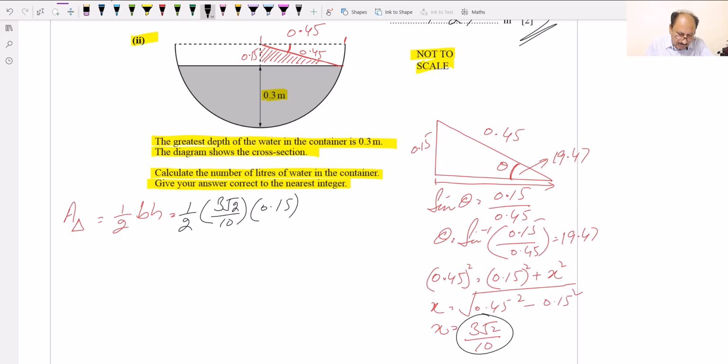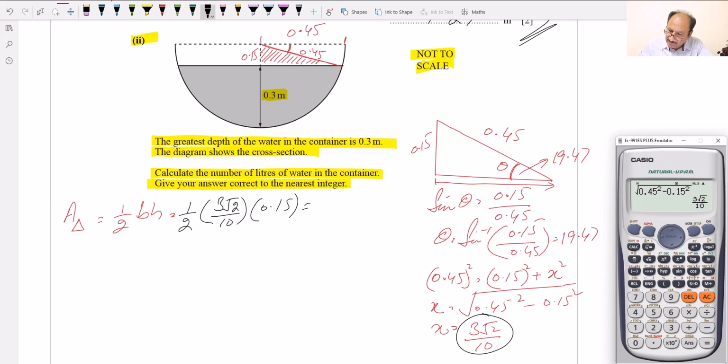This number is already there, so multiply by 0.15 and divided by 2 will be equal to